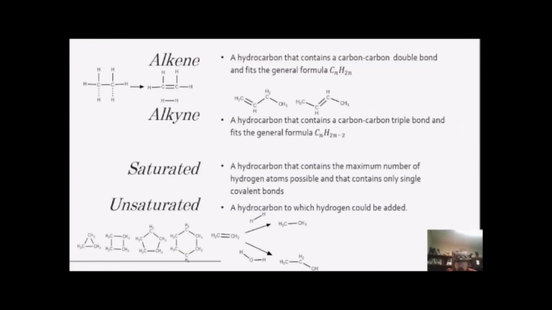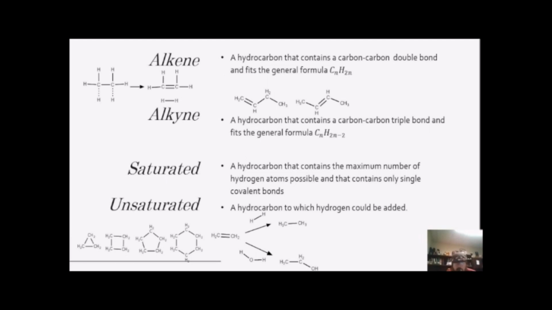Just like we removed a hydrogen radical to turn methane into ethane, what if we remove 2 hydrogen radicals from an ethane molecule? Instead of making a 4-membered ring, we can instead make a second bond to the carbon, so you have a carbon-carbon double bond. It'll make our first alkene. An alkene is simply a hydrocarbon that contains a carbon-carbon double bond. And it should fit the general formula of